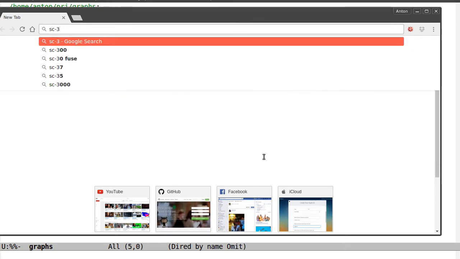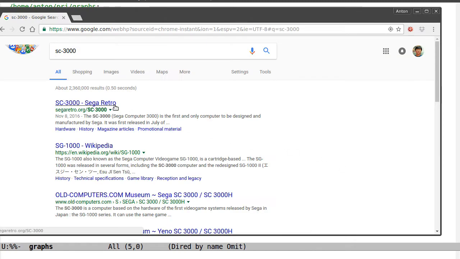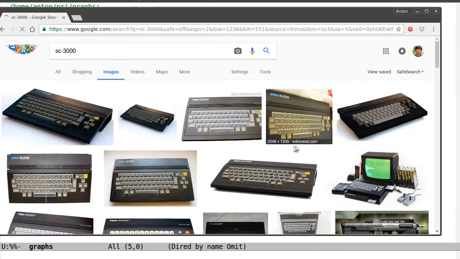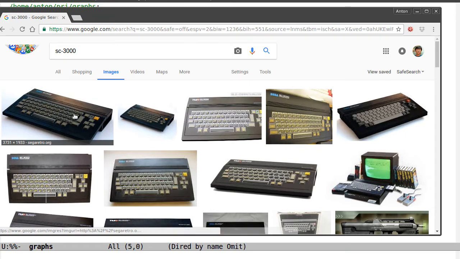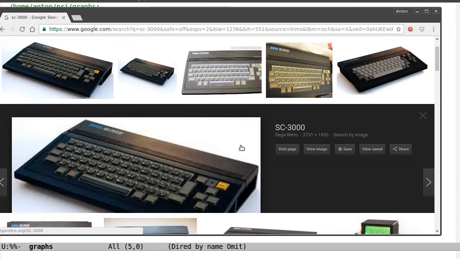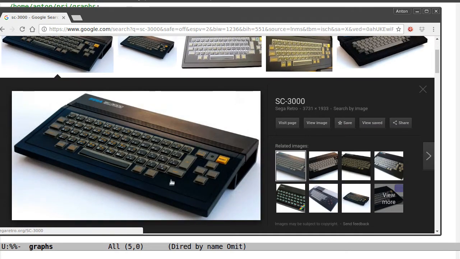It was SC3000. So probably we will get the images of the computer. It's an 8-bit computer based on Z80 CPU, and this computer had BASIC inside, and you can plug the cartridge here with BASIC,